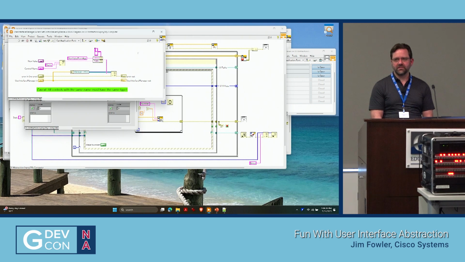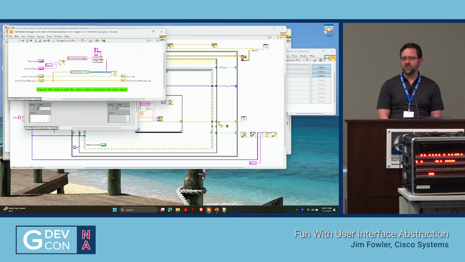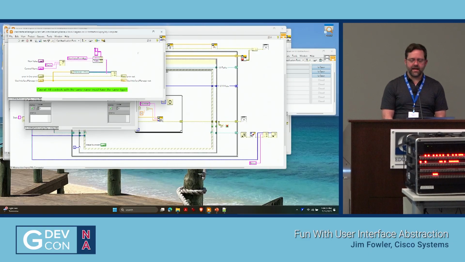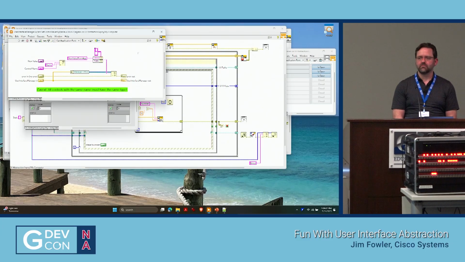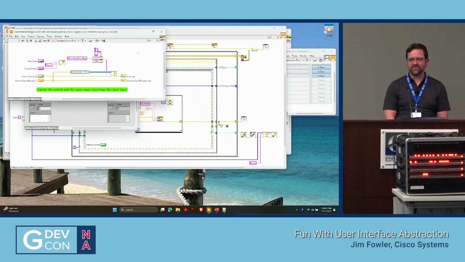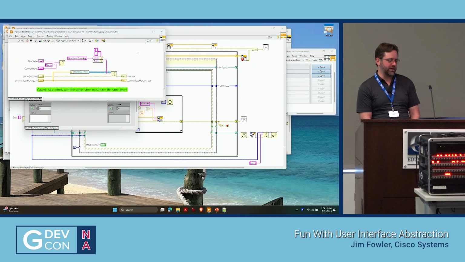Yeah, these functions are the fastest thing, hands down, of any methods of passing the latest value to an indicator or control, or reading from it, from one VI to another. I agree. I missed a good portion of the presentations yesterday because I was actually working on this one, so if I missed your presentation, I'm sorry about that. But if you have other ways of using these functions, I'm really interested. I had fun working with these.